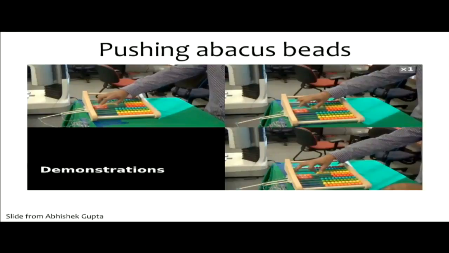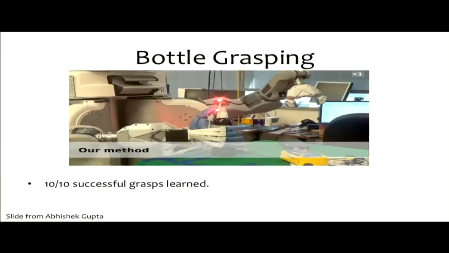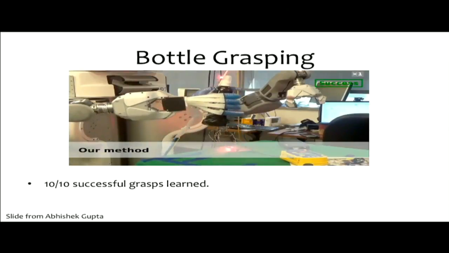And they also showed, so here's Abhishek again providing some demonstrations of how to move the beads on the abacus, and it's able to move the beads to the correct position as specified. Okay, and then the last task was basically grasping this bottle and then picking it up, lifting it up, and using the method is also able to lift it up. And the nice thing about here is that, as you may have noted in the demonstrations, you just saw Abhishek just performing the demonstrations himself rather than actually having to operate the hand of the robot.